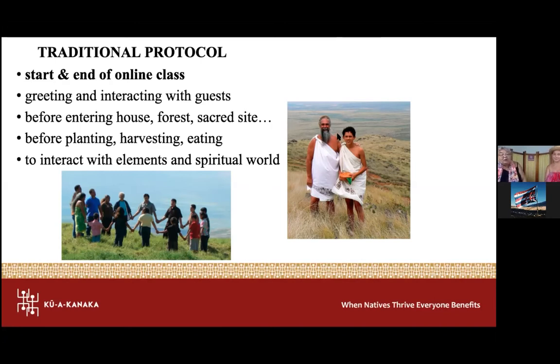And so engaging this traditional protocol will allow them to interact with the elements and with the spiritual world, right? Which is something really powerful as well. When they understand that when they ask for permission, maybe there's nobody there to answer them verbally, but they can feel the wind all of a sudden picking up, right? Or they feel the sun that wasn't really there, all of a sudden, boom, it's right at them, right, kind of thing. So it's those kind of things for them to understand that there is really communications going on when Hawaiians chant to the environment or to our Akua.